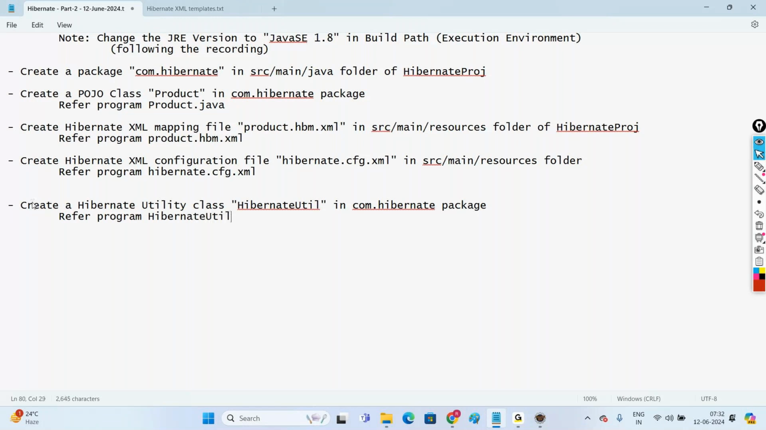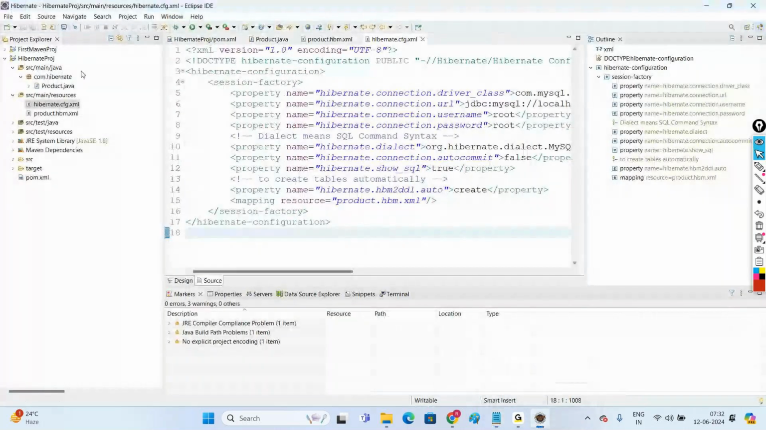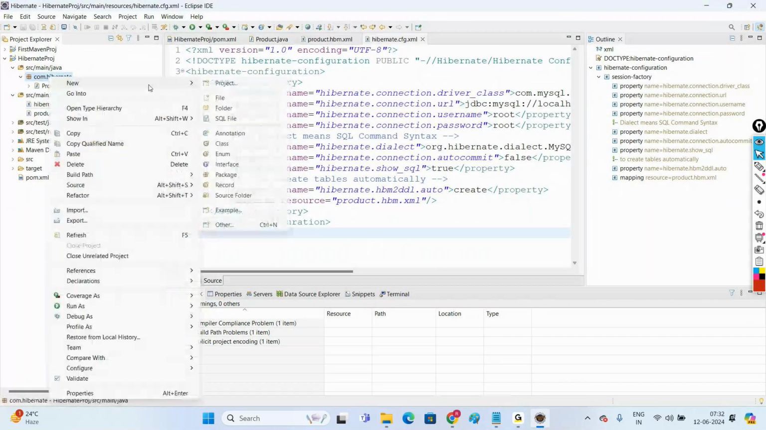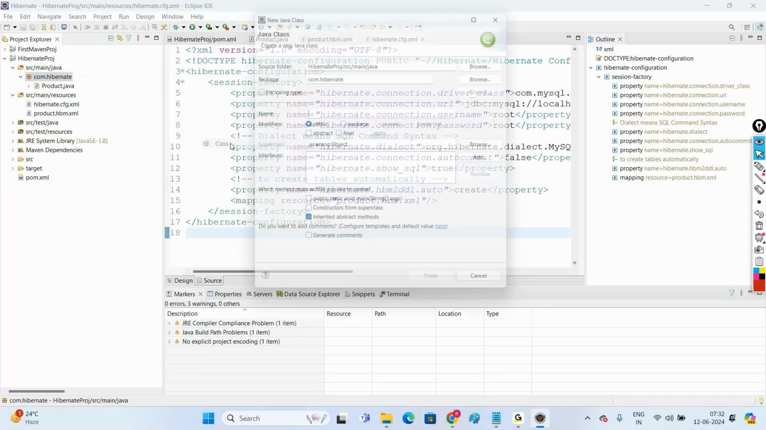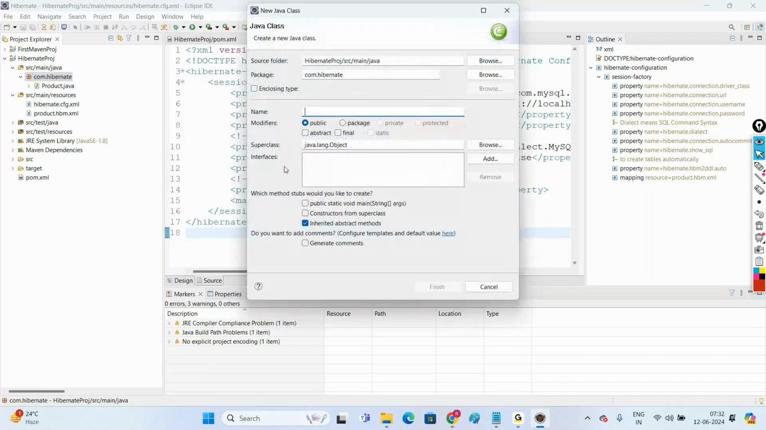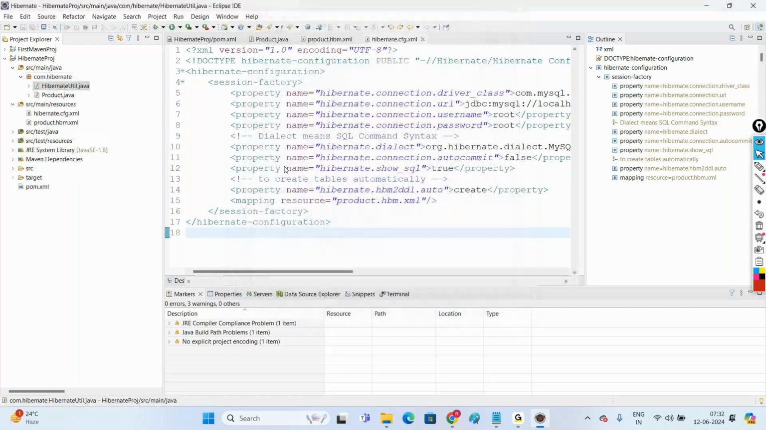Utility means reusable. Reusable classes we call utility classes. So right click on the com.hibernate package and create a new class, HibernateUtil. In this HibernateUtil,